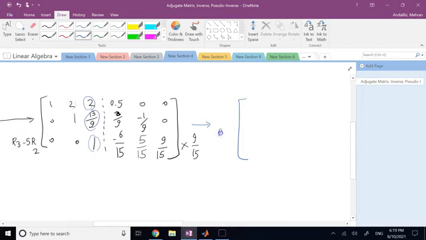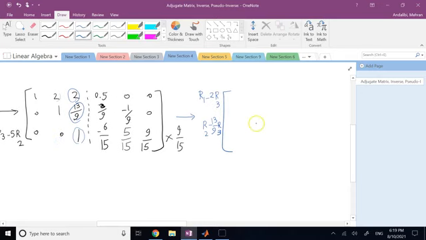It's going to be row 2 minus 13 over 9 row 3, and then row 1 minus 2 times row 3, right? So if I do that,